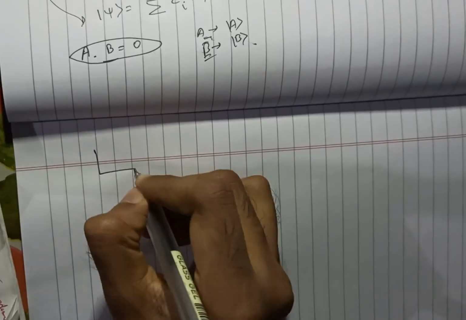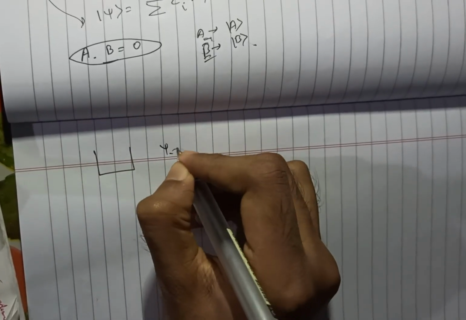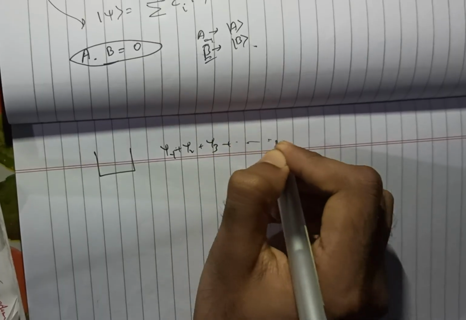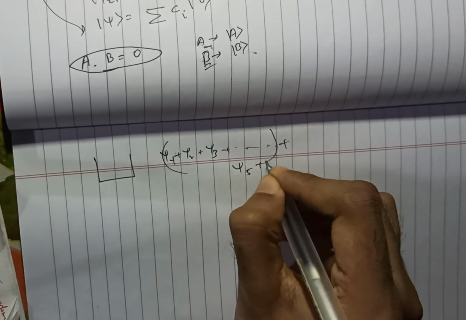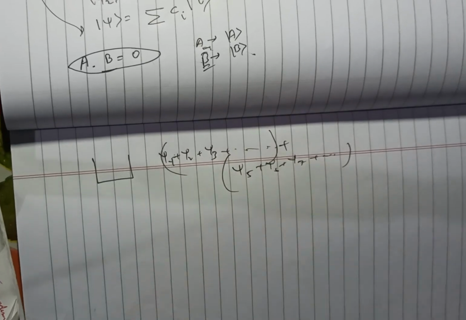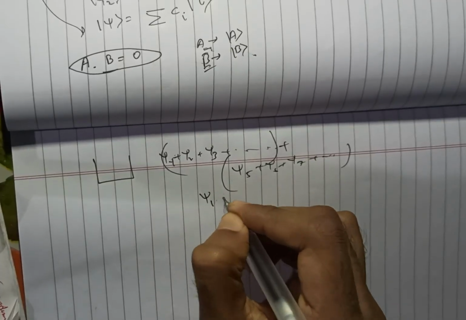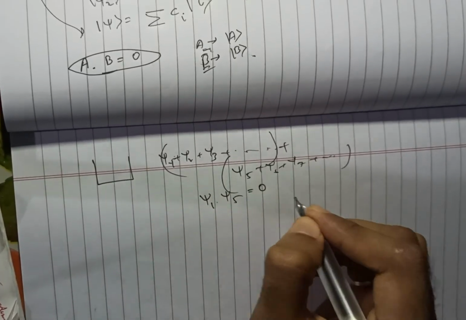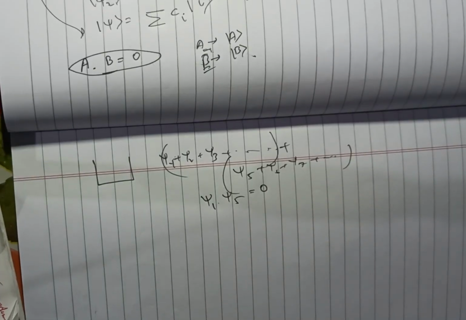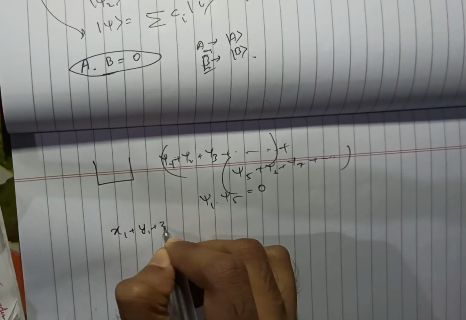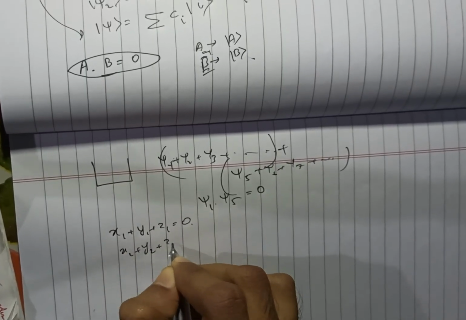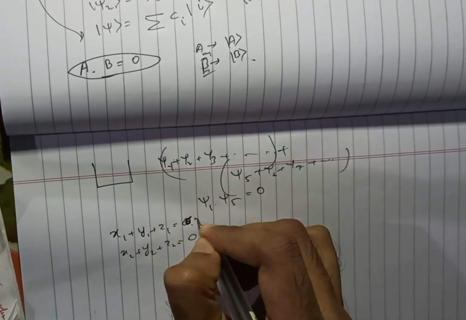So let us consider that there is a system and there are a lot of wave functions here, psi 1, psi 2, psi 3, dot dot dot. Let this be one set, plus psi 5, psi 6, psi 7, this be another set. So there are a lot of wave functions. To make calculations simpler, if we consider psi 1 and psi 5, the product of them is 0. And by product I mean the vector product, like the bracket notation. If that equals 0, then let us consider a simple linear algebraic equation, that x1 plus y1 plus z1 equals 0, x2 plus y2 plus z2 equals 0, or something like 36 or 42.